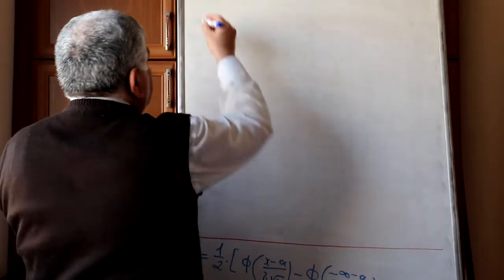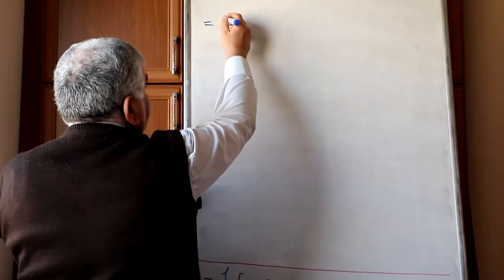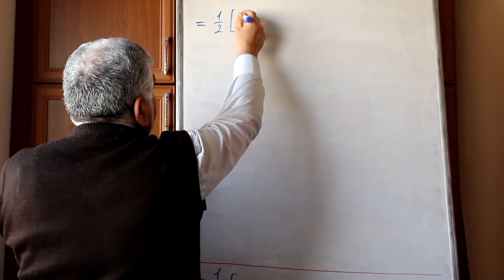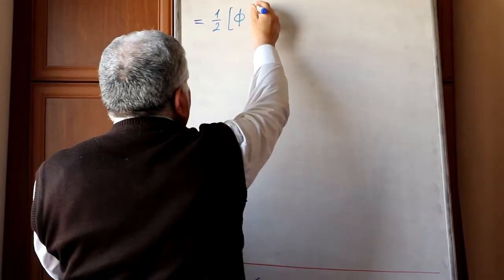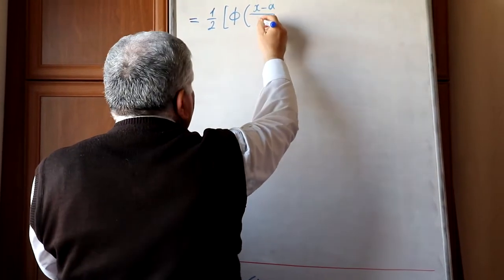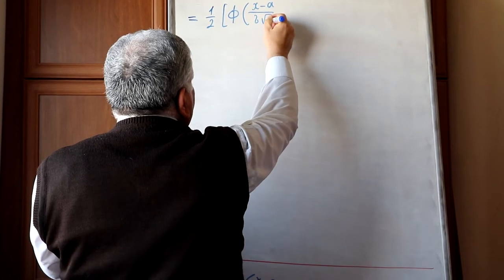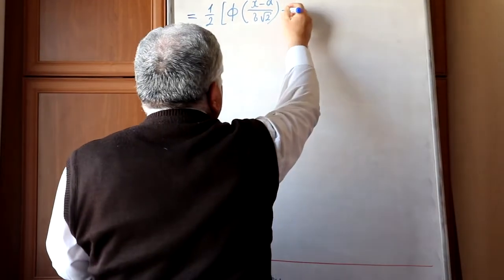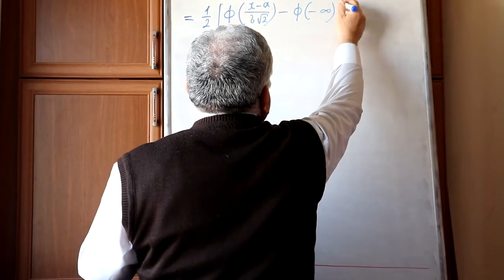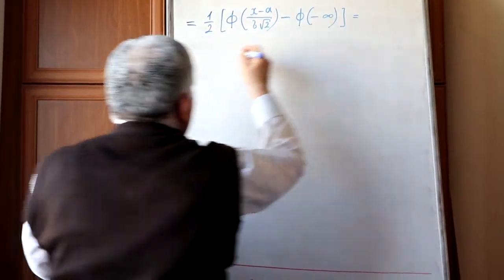Continue. Equals 1 second multiplied by phi capital of x minus a over sigma square root of 2 minus phi of minus infinity equals